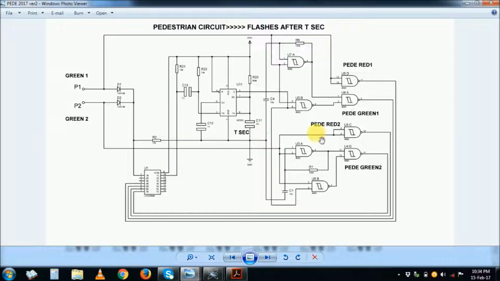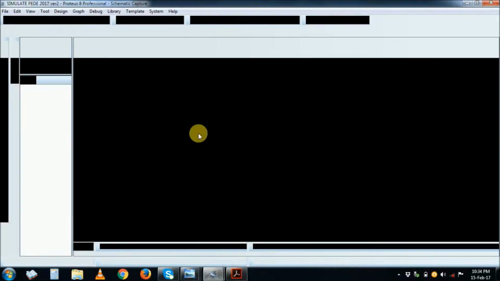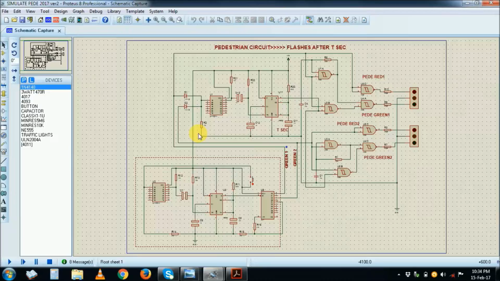So this is how it works, and let me show you a simulation of this circuit, but it's a bit different from this one, but plus minus you will see it's almost similar. So here is a simulation circuit. Remember, that circuit is only to change here those two diodes, remember, into a relay driver, and then here also the green inputs are here, green 1 and green 2. This here, which is in the dotted line, is just a circuit